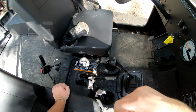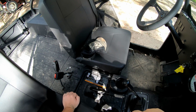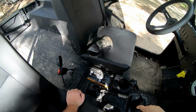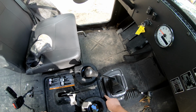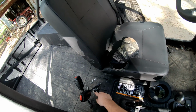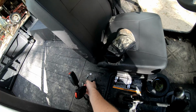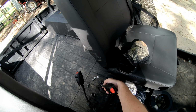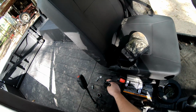Last video I talked about my cup holders holding water, and so I decided I had a little bit of free time, so I decided to dig into it. There's four 10mm bolts, two there, and then you'll need a 3/4 socket or wrench or whatever you can get around these. You got to loosen them up so you can get them out of the way, because they're normally like this. And you can't slide this back to get underneath here, so you slide them out of the